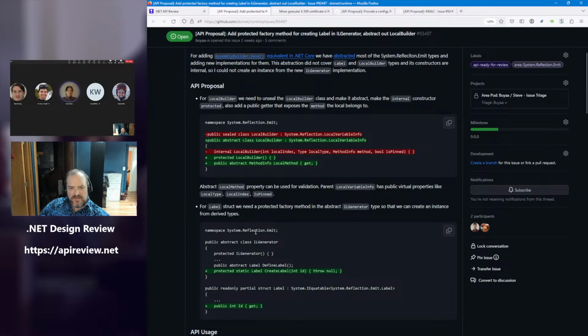On IL generator, for the label one? No. Just looks like everything's public except for the constructor, which is protected. Right, only the constructor is protected except this one. I feel like protected static is unusual, but